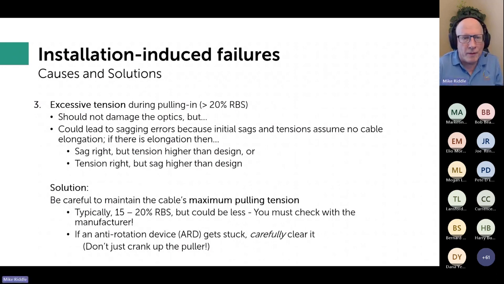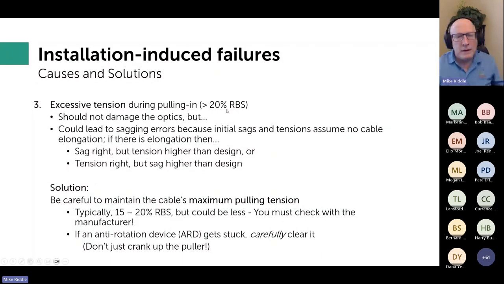Either one creates a problem, right? If the tension is too high, then I'm potentially causing loading problems on the structure, which would get further amplified during wind and ice loading subsequent to the installation. If I have the sag problem, I risk violating clearance. I could also be reducing the shielding angle and thereby making the phase conductors more vulnerable to shielding failures, which is not good. So this is what I'm more concerned about here.